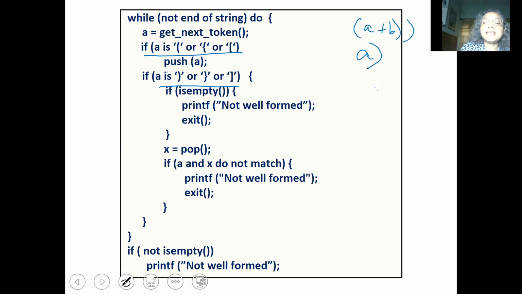Otherwise, if we get a right parenthesis, we pop from the stack, and if A and X do not match, we print that the expression is not well formed and exit. After we finish checking the expression, we expect that the stack is empty. If it is not empty, we print not well formed. Let us illustrate with an example.